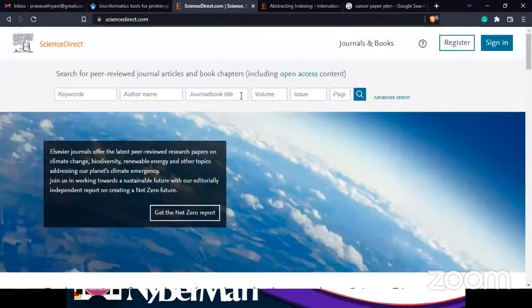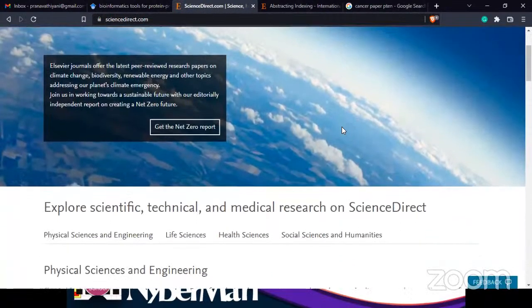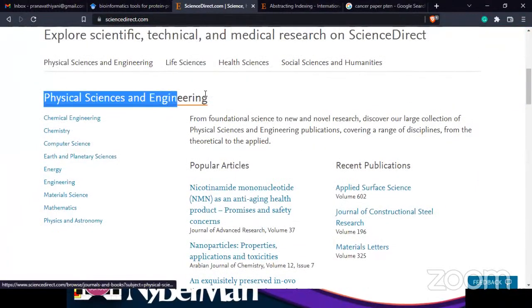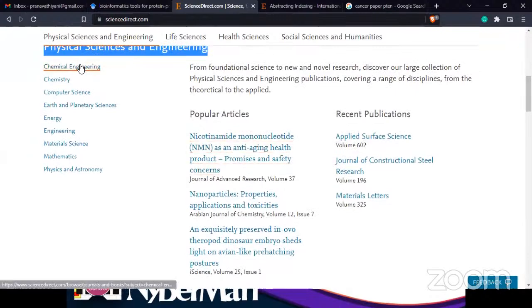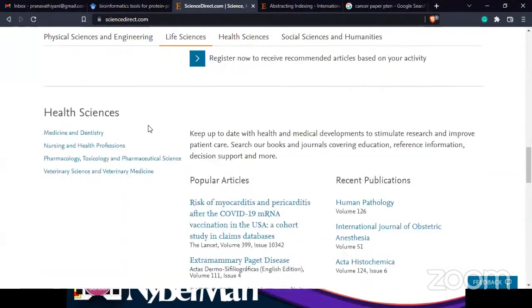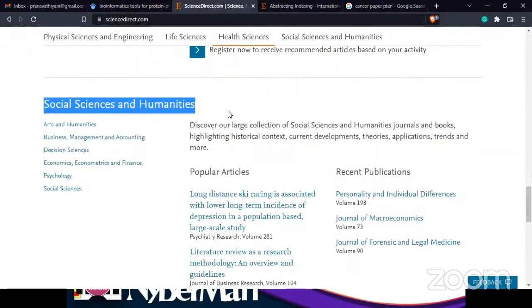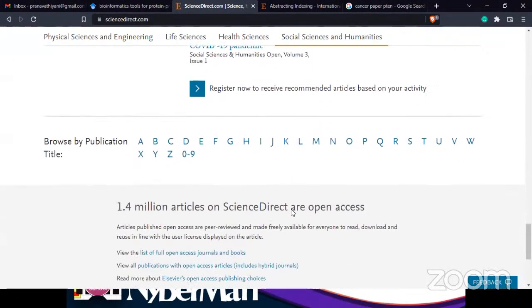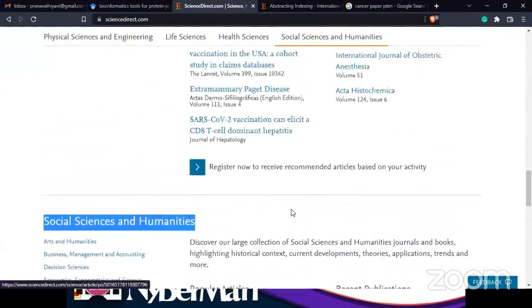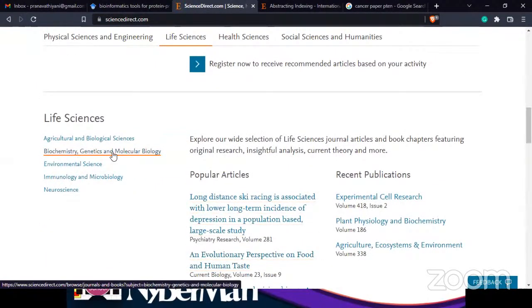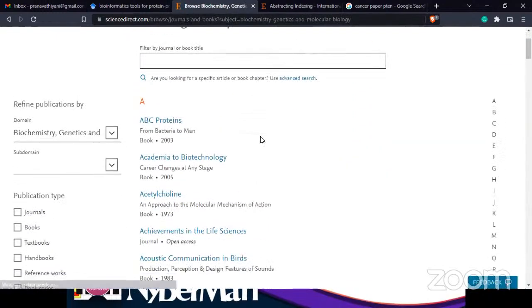So Science Direct lists you all the journals, everything which is under themes like physical sciences, engineering, chemical engineering, chemistry, all those things. Also life sciences, health sciences, and then social sciences and humanities. If you click any of these alphabets, it will show you journals which are under the title. So let's go for life sciences, and then biochemistry, genetics, and molecular biology. So here you can find